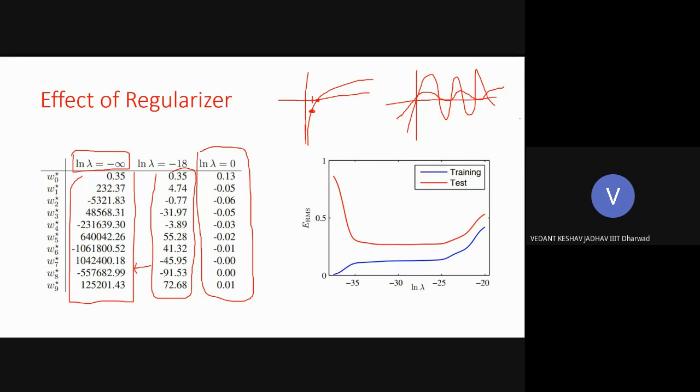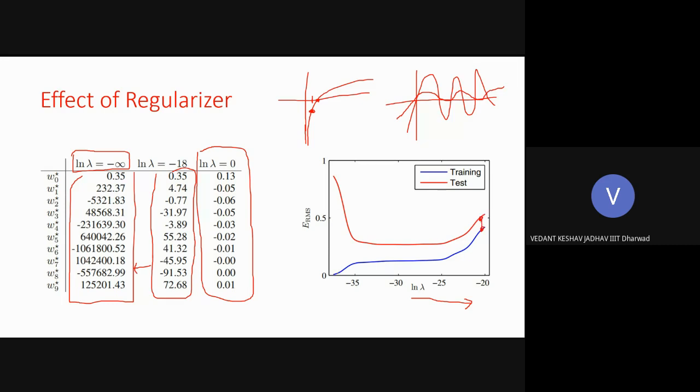Fine. So what this graph is trying to show you is that the moment you start increasing your lambda, your effective regularization comes into play. It means you are not using a very powerful model to fit the data set. It means your training error starts getting high, because your curve will not go through every training data point. But the good part is that the generalization will now be good. Whatever your training error is, your testing error will also be almost the same.